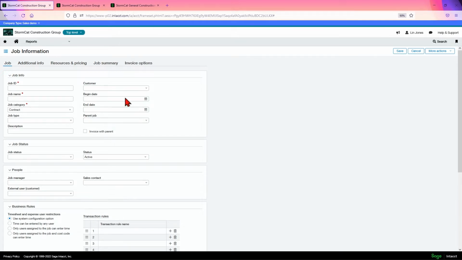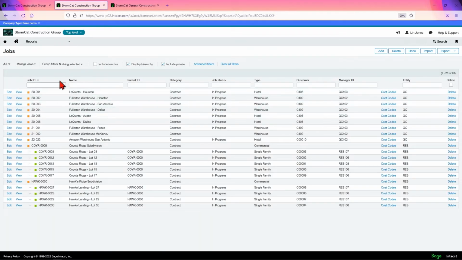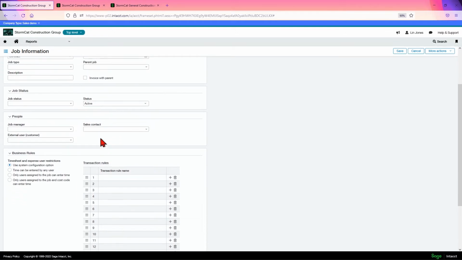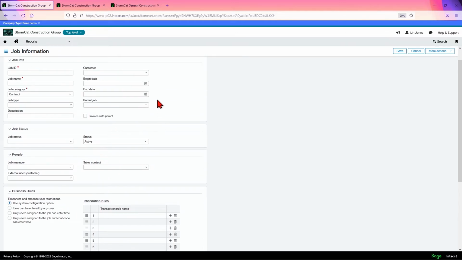You can also have parent-child relationship with projects, as we see here. So you have your subdivision as the parent project, and then you have each individual lot as a child of it. This allows you to track expenses and revenues on the individual lot and roll up in a report to get the total for the whole subdivision. You have begin and end date, customer. To do invoicing out of projects, you will have to assign a customer. There is another way of doing it if you have multiple customers on the same job, so don't stress.